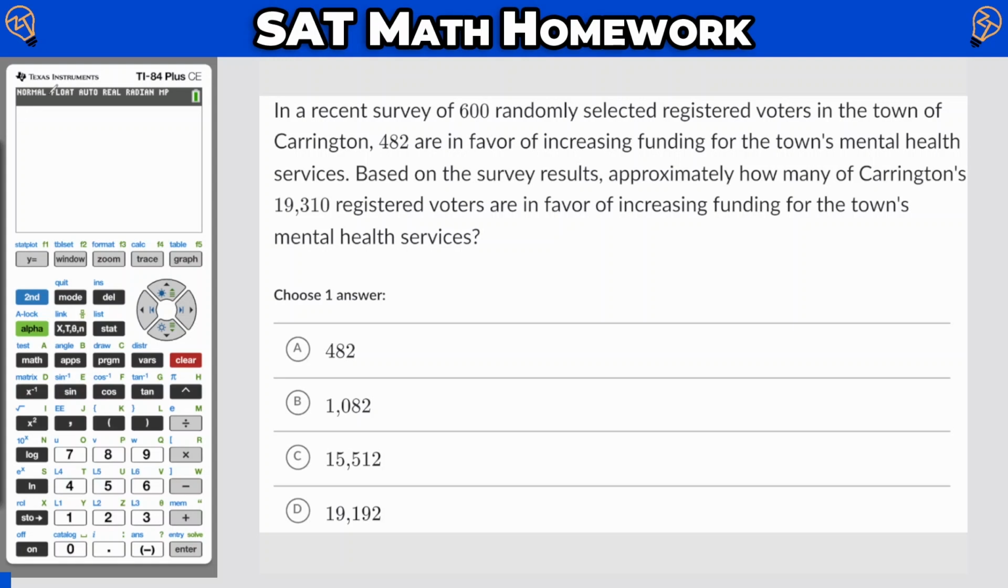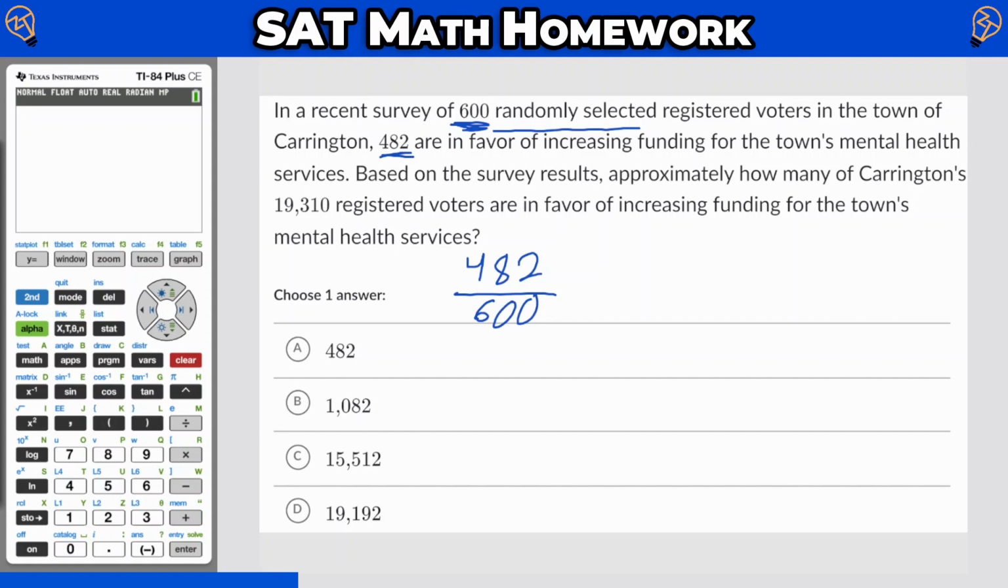So for this data inferences question, notice it's talking about a sample of 600 individuals who are randomly selected. Now that's really important because that means that the information that we're going to get from this sample should be representative of the entire population in question. So 482 out of these 600 randomly selected registered voters are in favor